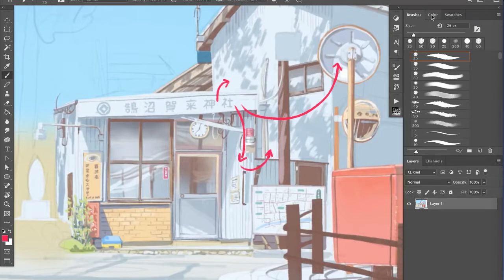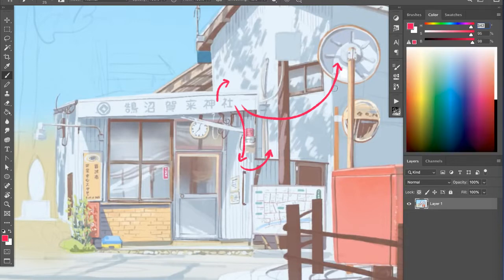In Photoshop you have an unlimited number of colors that you can use. You can use whatever color you want from here. But if it's possible, I try to use a color that already exists in the picture. And if it's not enough for the picture, I try to pick a color that's closest to it, and then adjust it using the sliders here. And I have to be conscious about the saturation and the blackness